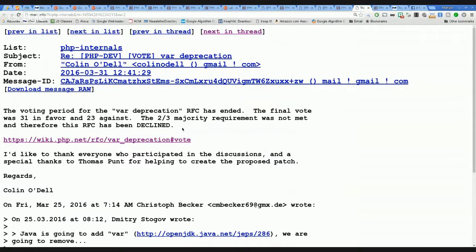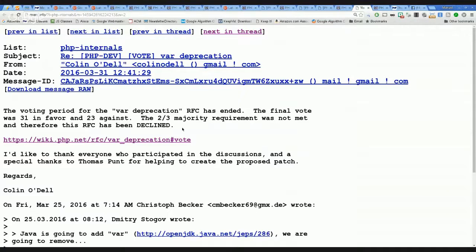Although I'm not sure if this happened now, because most people that were against basically said that deprecation will not add anything to the language, just probably annoy people that have legacy code that use var instead of public, because they would have to also maintain that code. It's not a big deal, but it's some additional work to replace var with public.